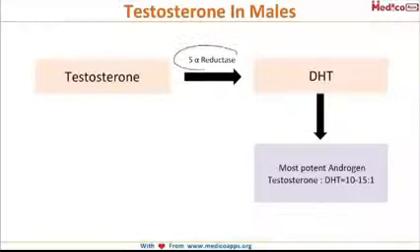It is 5-alpha reductase. This 5-alpha reductase converts testosterone into dihydrotestosterone, which is the most potent androgen. Okay? And what is the ratio of testosterone to dihydrotestosterone? It is 10 to 15 is to 1. See, the most potent androgen is less in amount. So the ratio of testosterone to dihydrotestosterone is 10